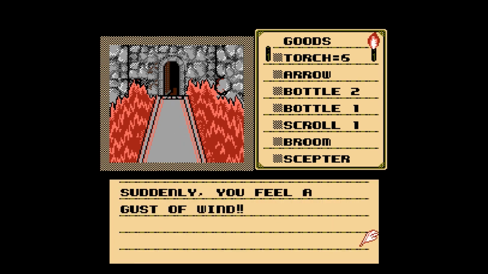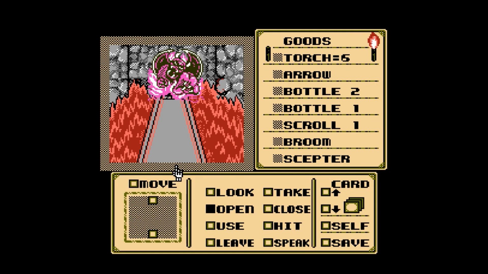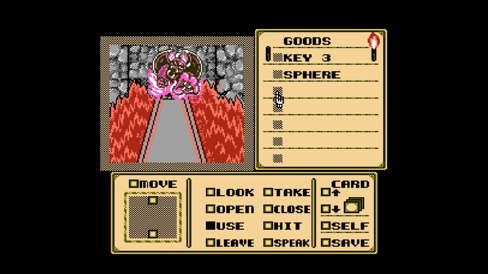The door is open. Suddenly you feel a gust of wind. A searing blast of heat knocks you across the room. We have this flaming behemoth monster here. We need to use the... where is it? The sphere. This sphere we had to pick up in the other...